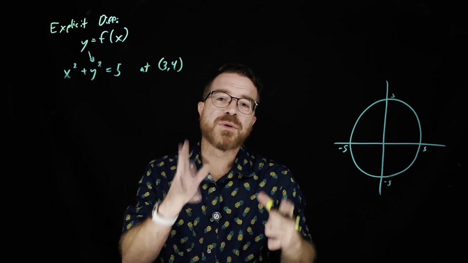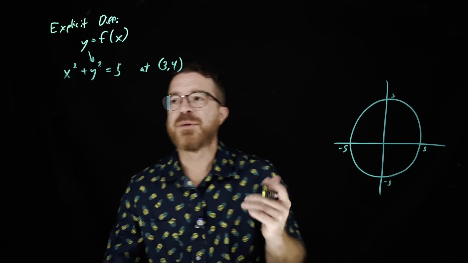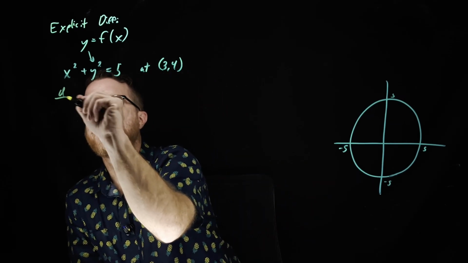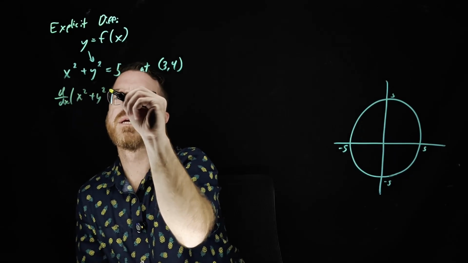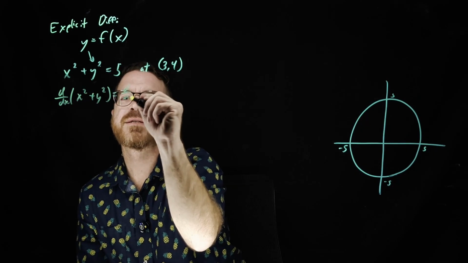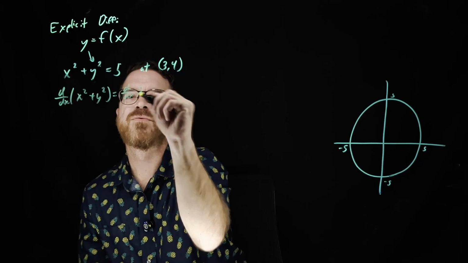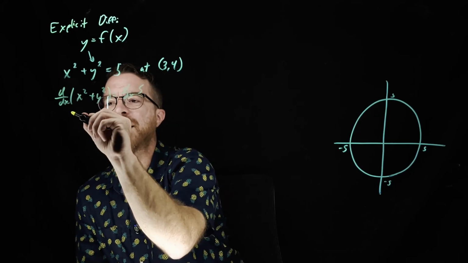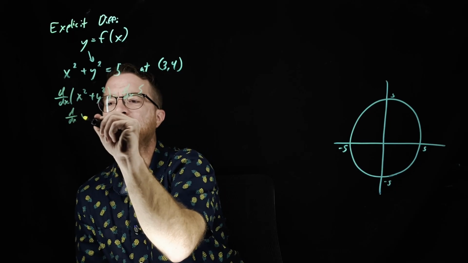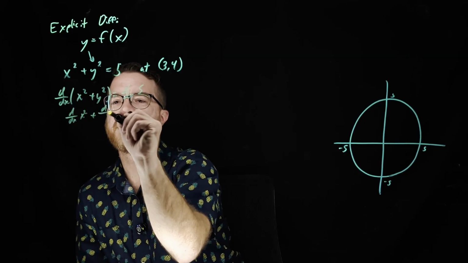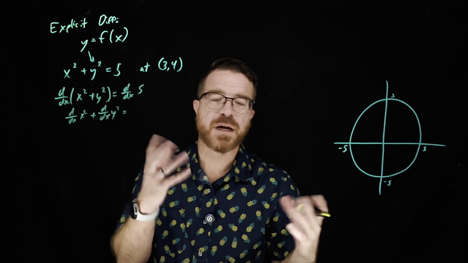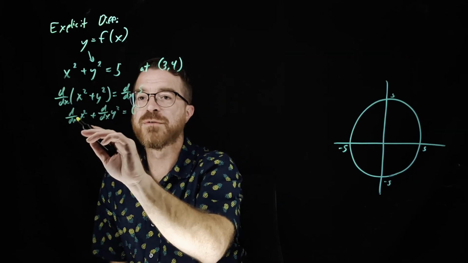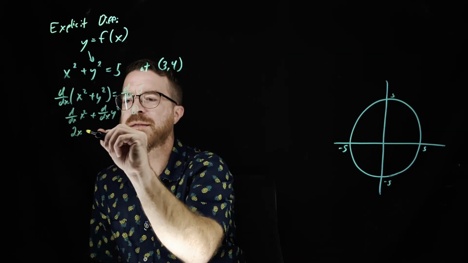So what we're going to do is first solve it implicitly like we did before, very quickly. So this is going to be d/dx of x squared plus y squared equals d/dx of 5. And then I'm going to split this. So this is going to be d/dx of x squared plus d/dx of y squared equals the derivative of a constant, which equals 0. The derivative of x squared is going to be 2x plus,